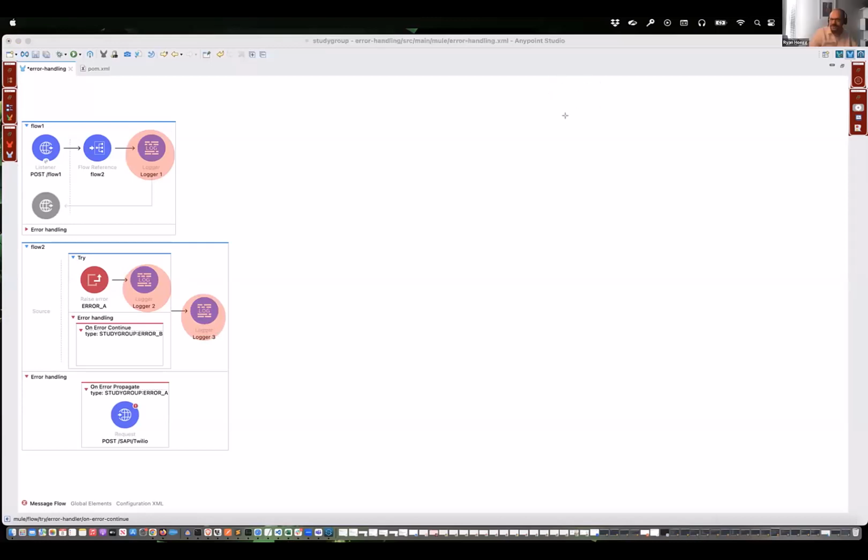Every time we hit that default error handler, which will be here, we're going to hit the default. Here, we're not going to hit the default because we put an on error propagate in there, right? And here we are going to hit the default. So we're going to get 2 logs. Agreed? Make sure you agree with what I'm putting. Agreed. Yeah. 2 default system logs, no nicely formatted logs that we made, which might not be what we want,